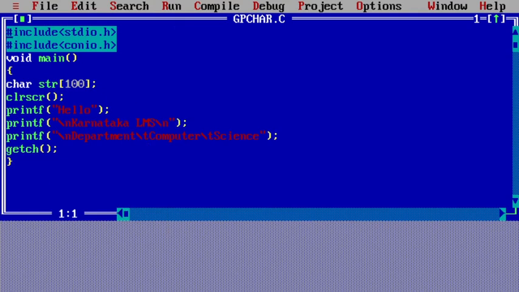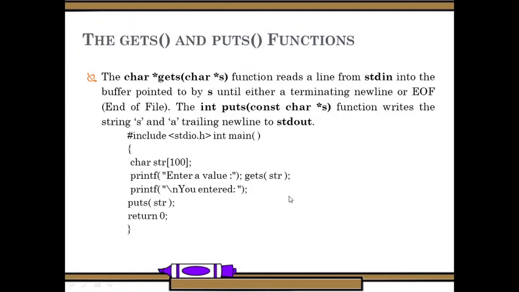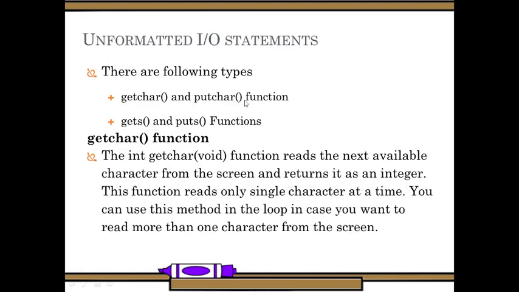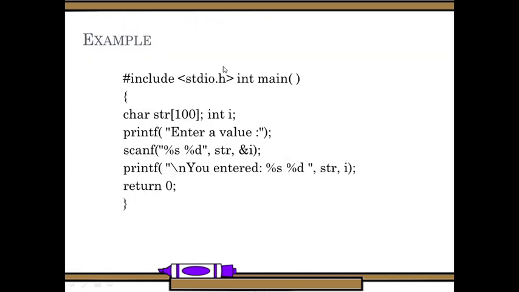Hope you understood what are the things we are using in the C programming language, and how to display, what are the unformatted input output statements and formatted input output statements. What are the unformatted input output statements we have discussed in this program? We were using gets, puts. These are the unformatted input output. getchar, putchar, gets, puts were considered. And then formatted input outputs are scanf and printf. Hope you understood how to print messages on a screen using the C language. Thank you.